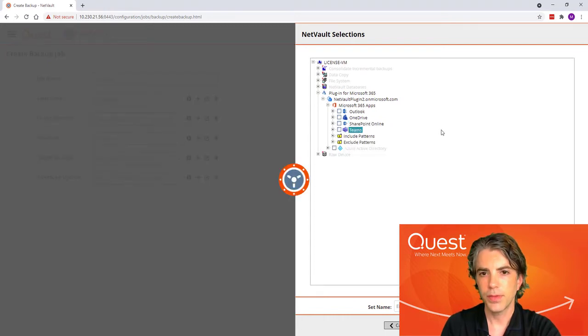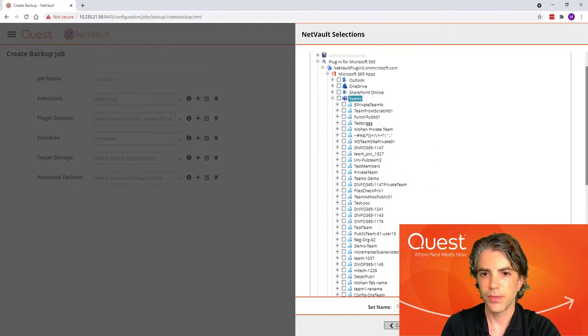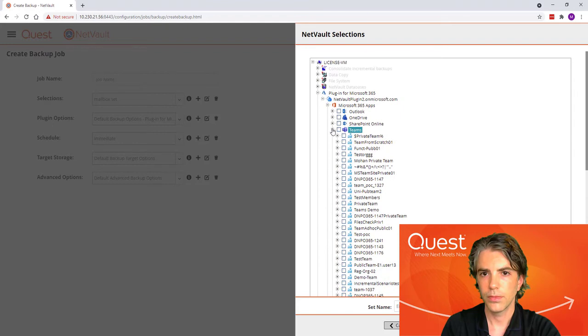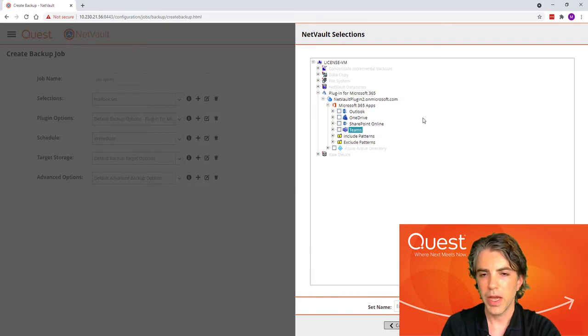And with Teams, similar to SharePoint, we're able to pick and choose whatever Microsoft Teams we want to protect. So we can have a backup job that selects data from any of these applications, and we can run that backup job whenever we want.